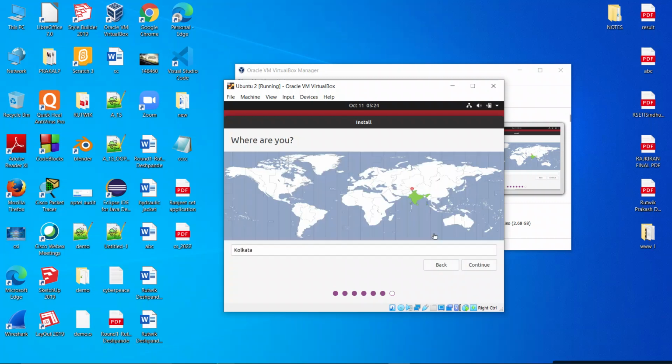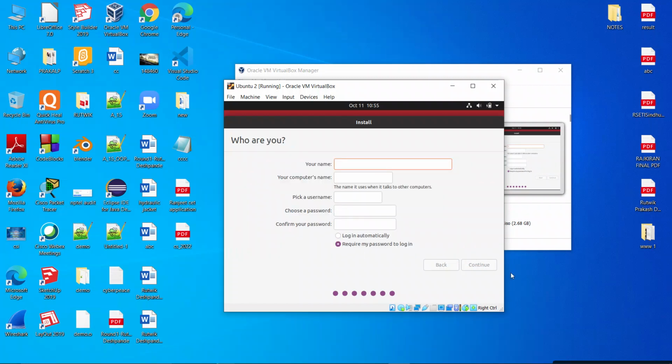You will surely do that, and it will ask for the nearest physical location. In my case, I will choose Kolkata and let it be by default because it has been automatically selected. So I will select Kolkata and continue. And yeah, just wait, it will take some time. And it will ask for your name. In my case, I will give my name as Rutvik, and here you can see the virtual computer name will be Rutvik VirtualBox. You can change it to whatever you want, but in my case, I will leave it as it is.